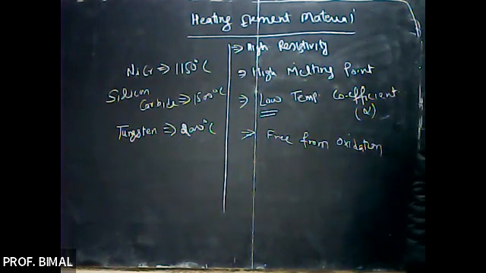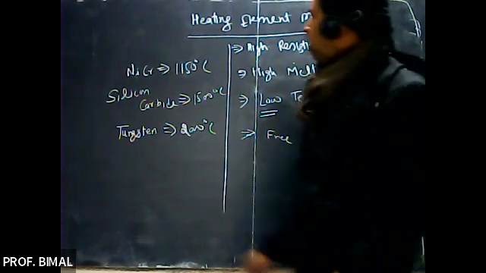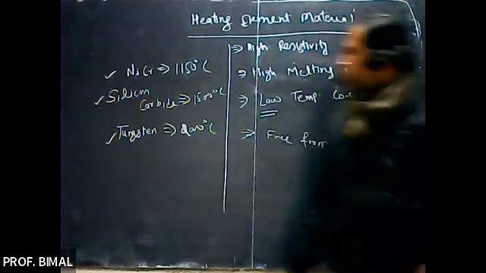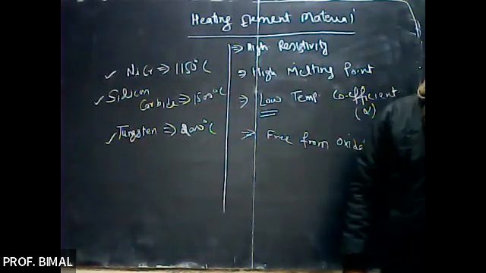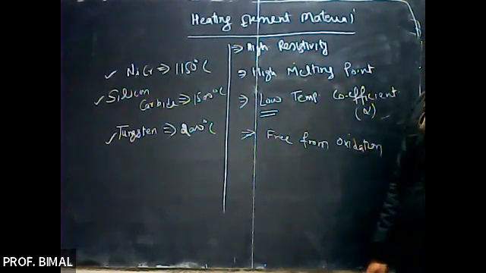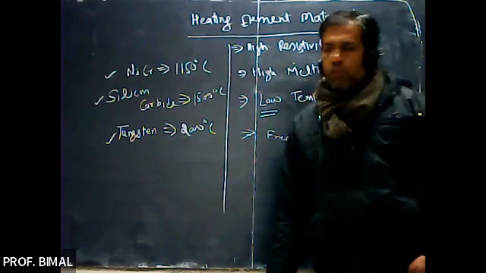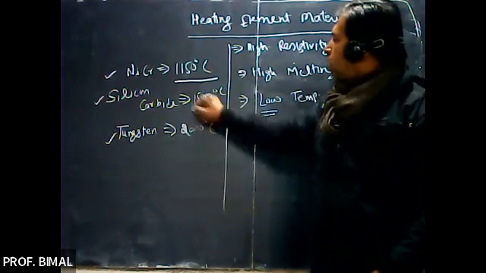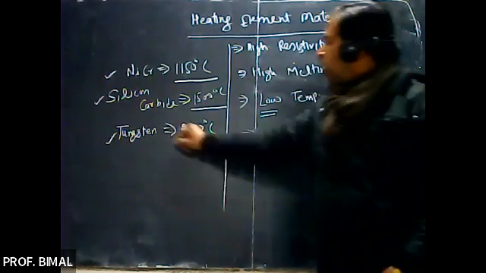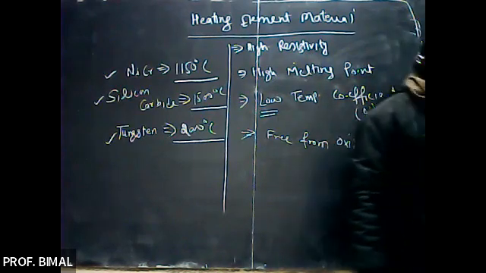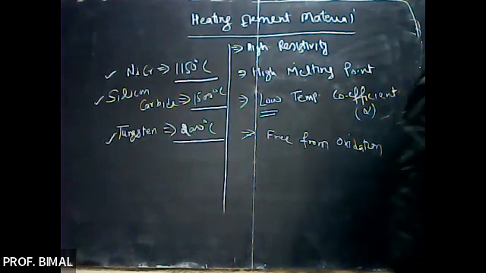So in this case, there are three different types of alloys: one is nickel chromium, another is silicon carbide, another is tungsten. Depending upon the temperature requirement, we may use nickel chromium up to 1150 degrees C, silicon carbide up to a temperature of 1500 degrees C, and tungsten up to a temperature of 2000 degrees C. Right. Now, after this,